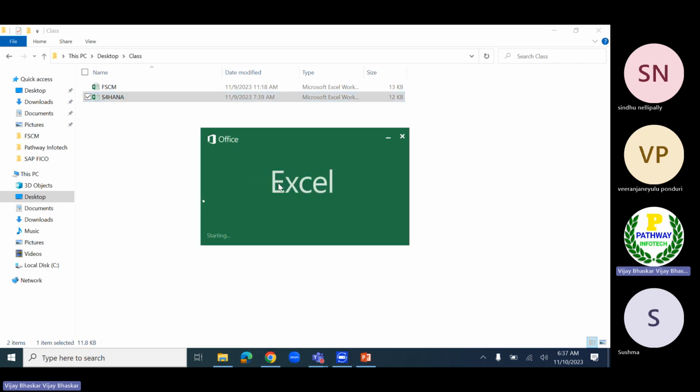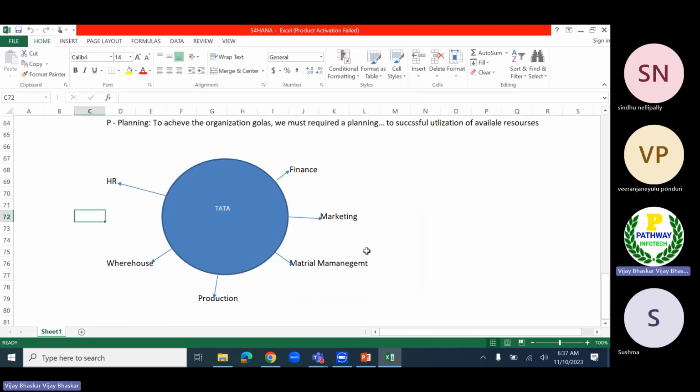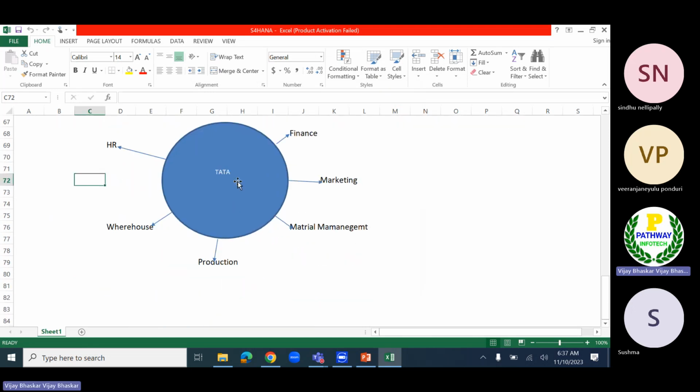Let us assume we have a business organization, Tata Motors.